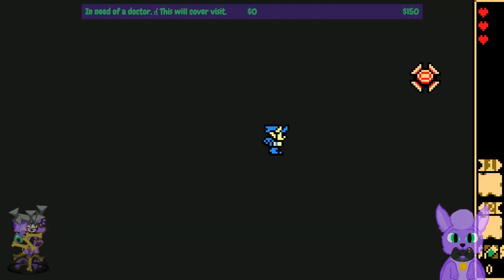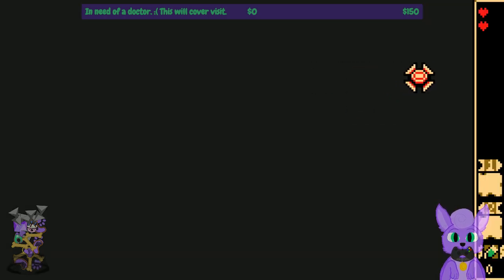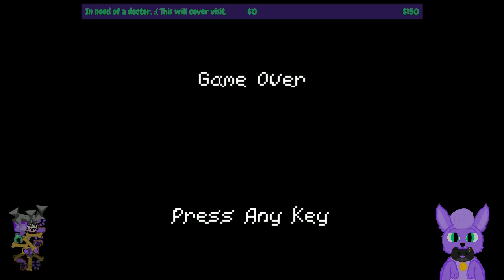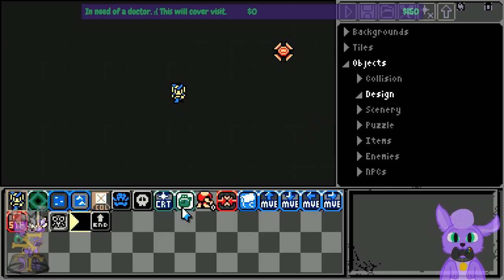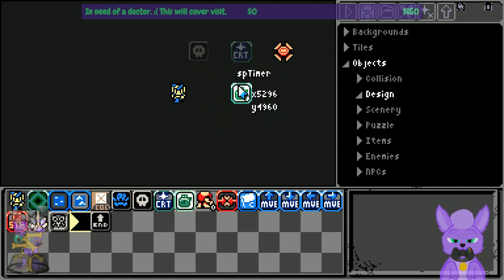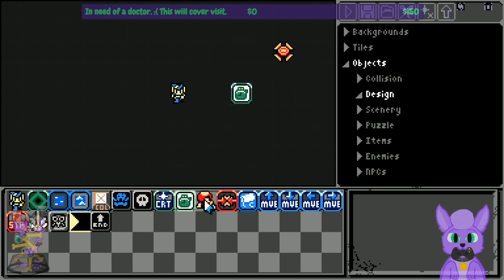Okay. Oh, I died. Alright. What else we got? No help text for that object. Okay, we got a timer. Spawn's trigger timer is random range, low range, high range, resets itself. I guess I could use a timer to spawn enemies, as well as